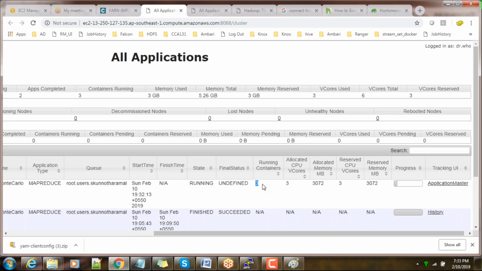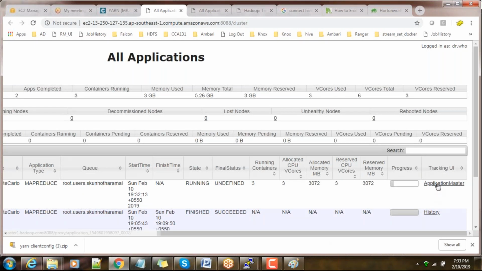Now you can see the container count has changed to 3. Initially, in accepted state, there was only 1 container. Now 3 containers are there, meaning 1 application master and